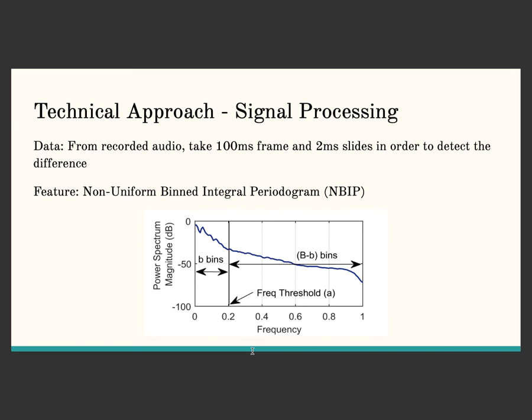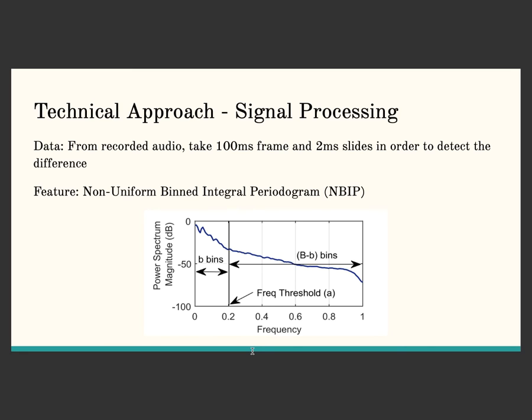So we mainly care about the signal on the left part of the threshold, and we integrate the signal of different bins, and we use a machine learning model to extract features of different bins, then